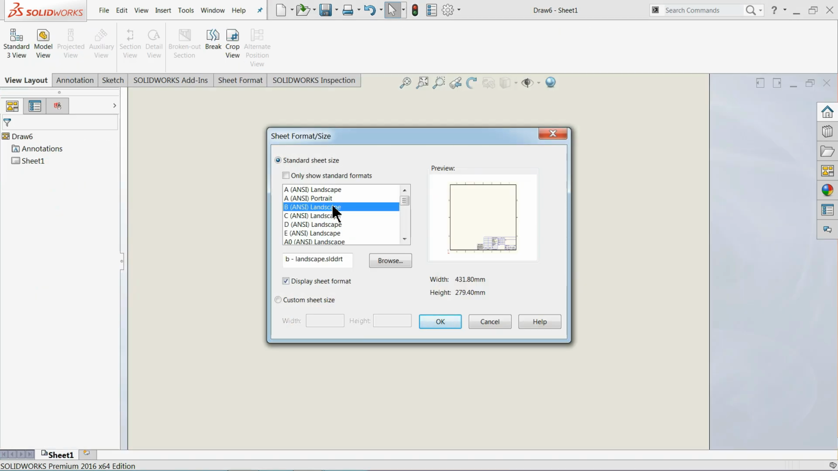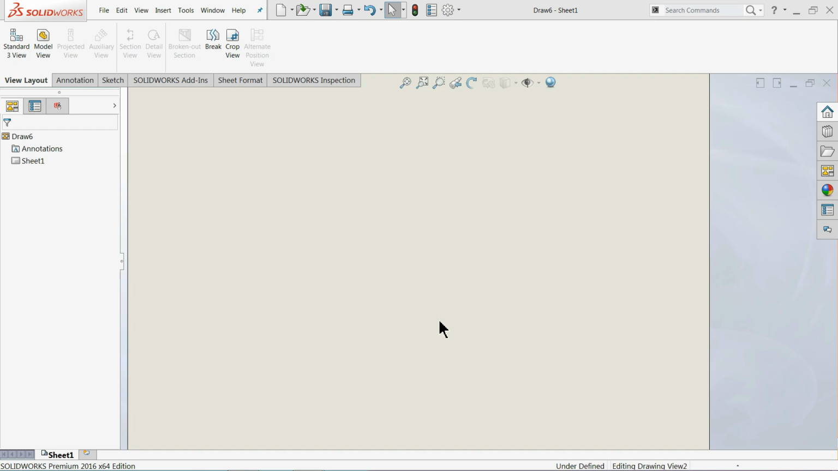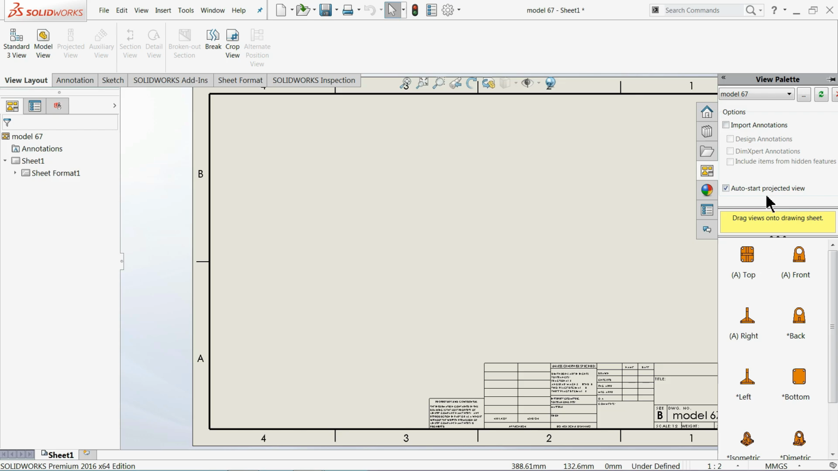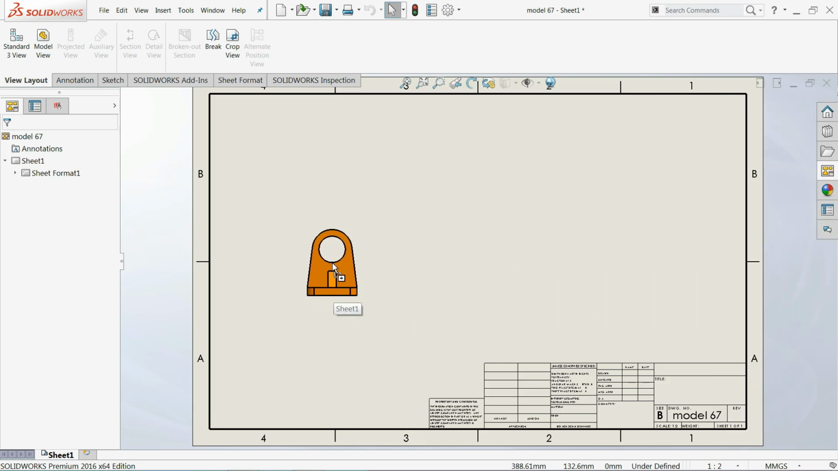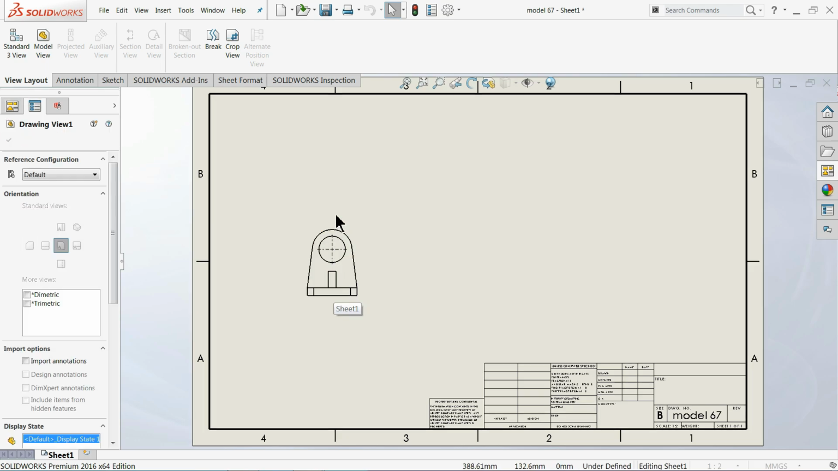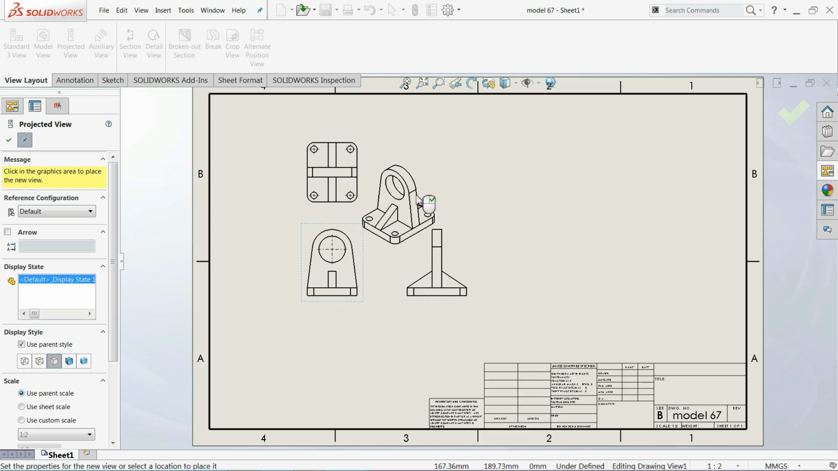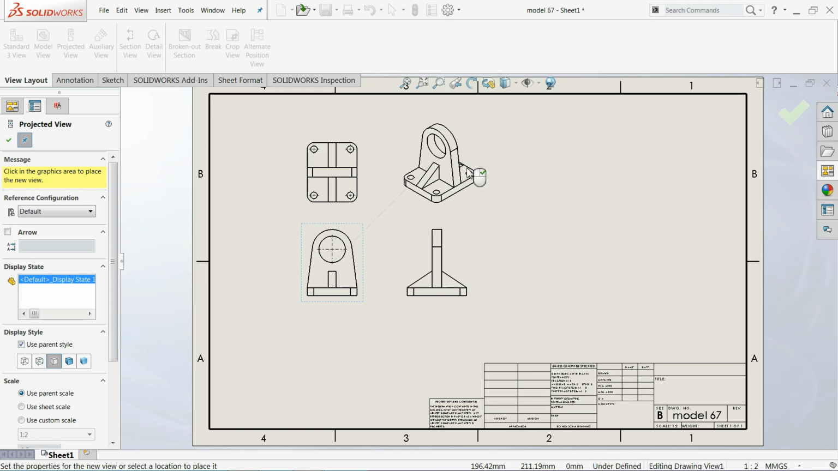Now see here, you have to choose any landscape size. So I'll choose landscape B. Once you click OK, on your left hand side in the view palette you will see multiple options. You have to choose any one and drag it. So I'll start with the front plane, drag it, then drag the top view and the right hand side view. And if you want an isometric view, you will see